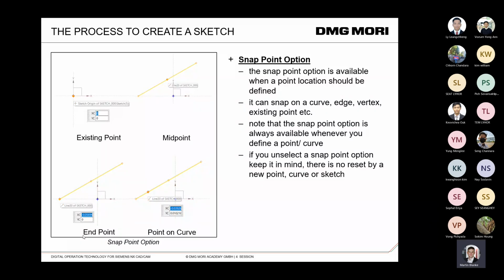One important point in this section: these options are not reset after a new start of Siemens NX. So note that the snap point option is always available when you define a point or a curve. So this is one important point. And if you unselect a snap point option,